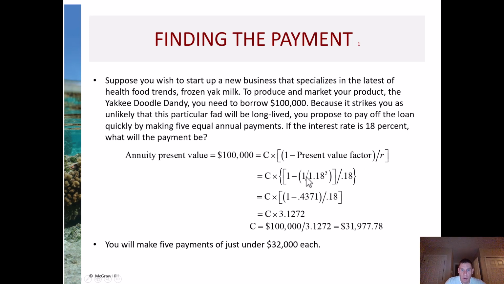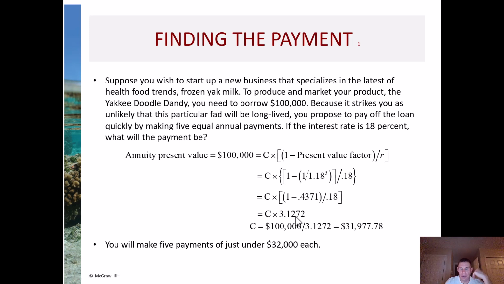So 1 minus 1 over 1.18 to the power of 5, because remember that we're going to pay it off in 5 periods. And then you can see the 0.18 here. So the interest rate is really in 2 places, right? 0.18 and then 1/0.18 again there. And then if you solve for it, once you simplify this, you get C times